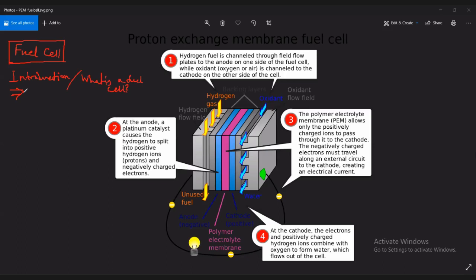We can very simply define that the fuel cell is basically an electrochemical cell that can convert chemical energy into electrical energy. তার মানে হচ্ছে ফুয়েল সেল হচ্ছে এক ধরনের ইলেকট্রোকেমিক্যাল সেল যেগুলো কেমিক্যাল এনার্জি থেকে ইলেকট্রিক্যাল এনার্জি কনভার্ট করে। এই হলো সোজা সাপটা এক্সপ্লেনেশন বা ডেসক্রিপশন।